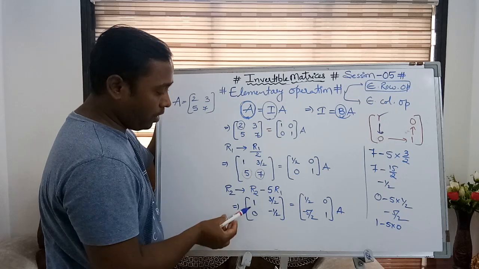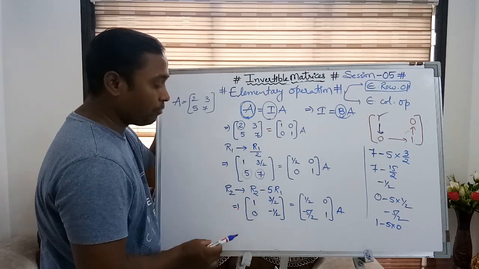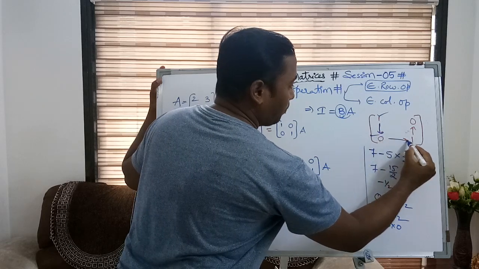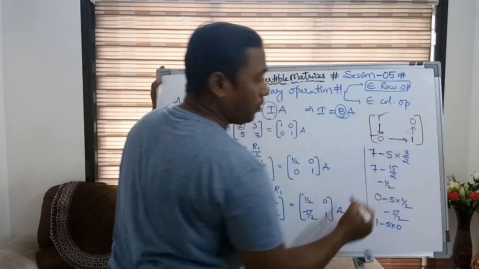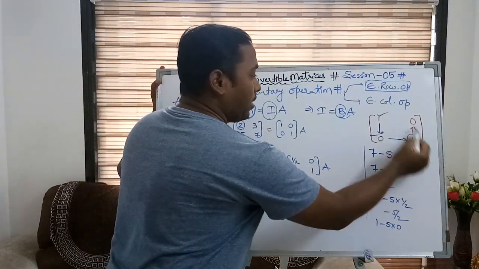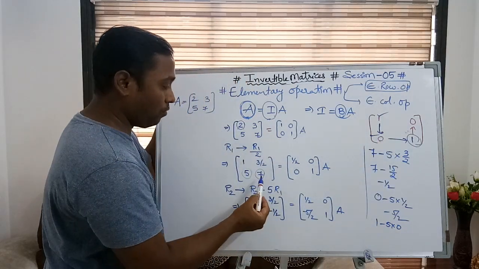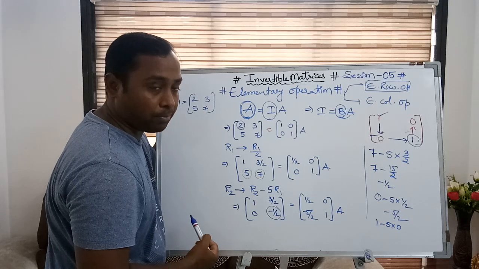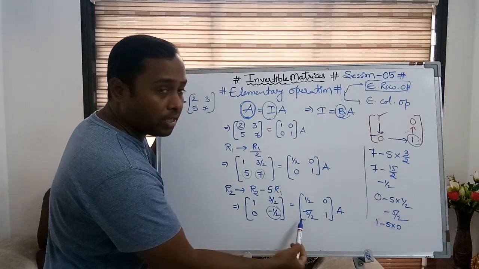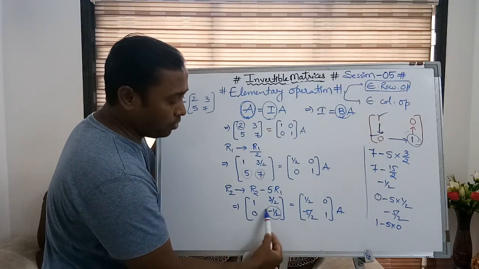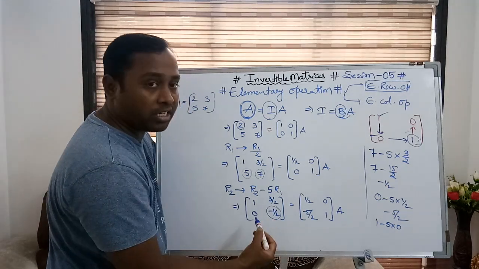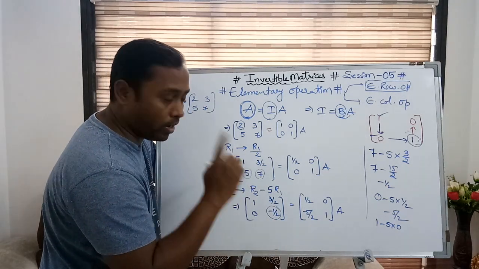Now you can see we obtained 1 and 0 here. And what is the next target? Once it is done, then we need to move 1. So यहाँ हमें requirement चाहिए 1. It means that we want this as 1 in the next step. So how can I make it 1 here? Just by multiplying this quantity with minus 2. मैं इस quantity को minus 2 से multiply करूँगा, इसकी value क्या हो जाएगा 1.